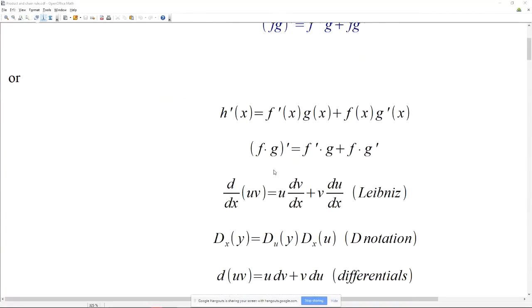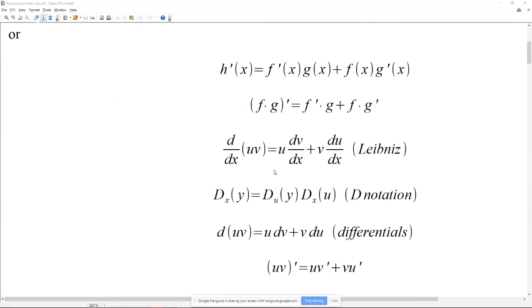Then we go into the more verbose ways of writing things. This is Leibniz notation, and this is d over dx of u times v equals u dv with respect to x plus v du with respect to x here. So this is a very common way of writing it, and I like this particular way because it actually shows you what you're taking the derivative of, and it helps in differentials. But the prime notation here is more